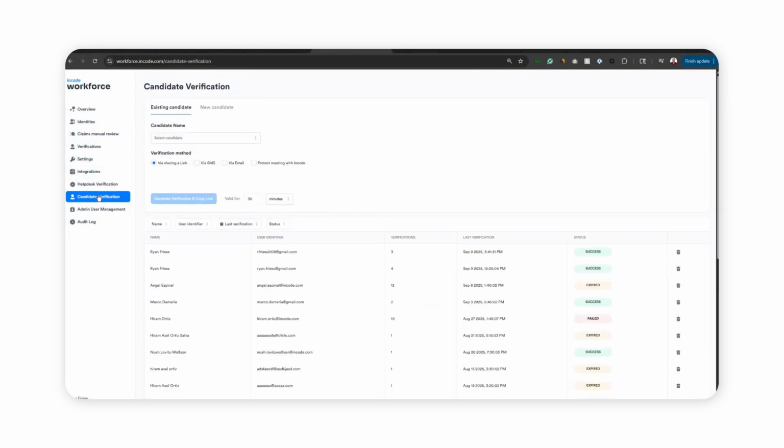We also have a candidate verification section of our portal. So if you were unable to integrate or didn't have any interest in integrating directly with your applicant tracking system, you could use a manual process of sending verification links out to your candidates. Here I can go ahead and create a new candidate profile. So we'll call this Ryan Freese. And I can share the verification link via SMS,